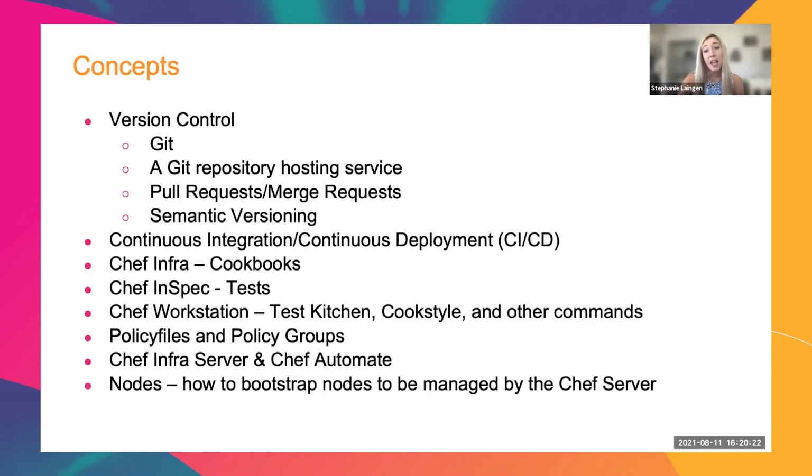Another thing that I'm going to be saying often is the term CI/CD. This just means continuous integration and continuous deployment. The CI/CD method that I'm going to be using in this tutorial is GitLab pipelines. Again, this is agnostic to whatever CI/CD service you choose to use. Another thing to be familiar with is that sometimes I'm going to say Chef Infra, or I'm going to say Chef Code. In this tutorial, I'm largely referring to cookbooks. And if you've never written a cookbook before, it's fine. You'll still be able to follow along.